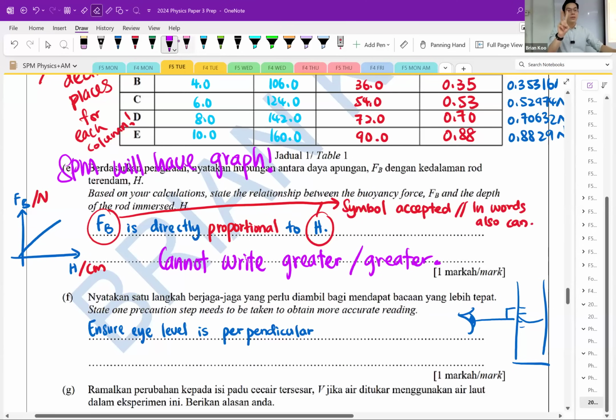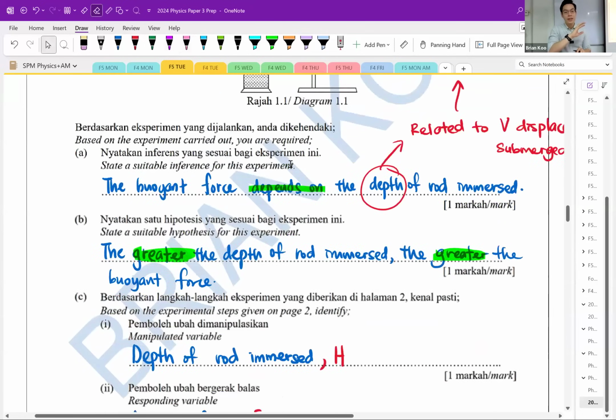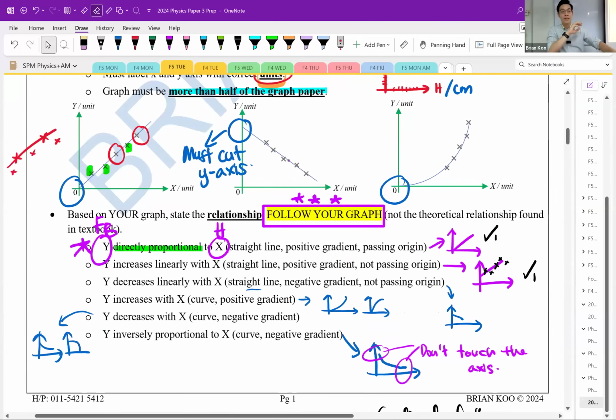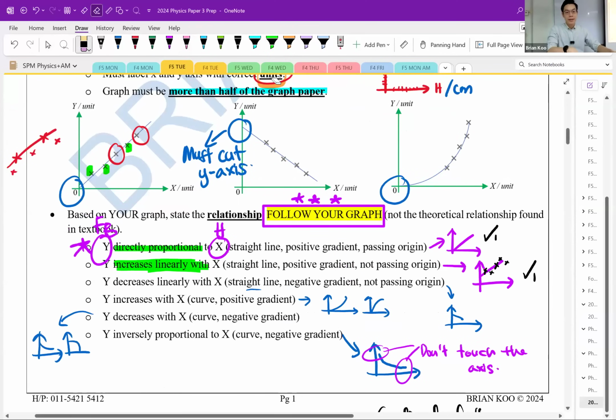I feel only two acceptable answers. If your graph looks like it increases linearly, then write increases linearly. If your graph is directly proportional, then write directly proportional. Your answer has to come from the graph part, because your paper will confirm have a graph. Your answer must come from this list. Okay, the one in page 1, directly proportional. This year, your focus is these two. I feel your experiment will be one of these. If it's not directly proportional, you just try to connect to the origin, to the point O, also okay. Yeah, you should get directly proportional.